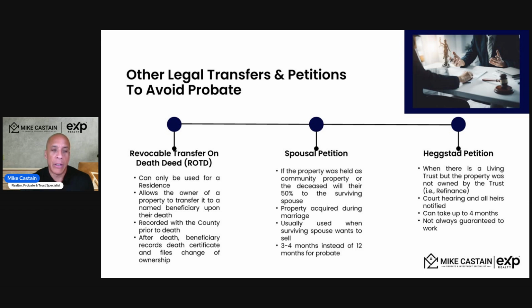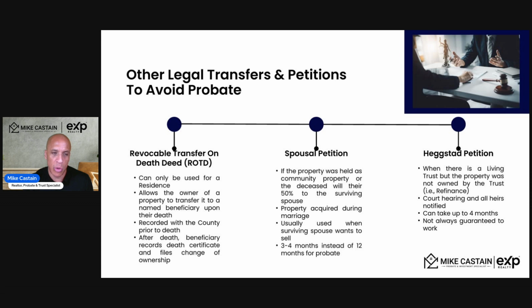And then maybe years later, when interest rates got more favorable, you wanted to refinance, then you talk to your lender, and the lender says you have to take ownership out of the living trust and back into your individual names, because some lenders have requirements that they have to qualify an individual financially versus a living trust. So let's say that property was then, the ownership was transferred out of the living trust